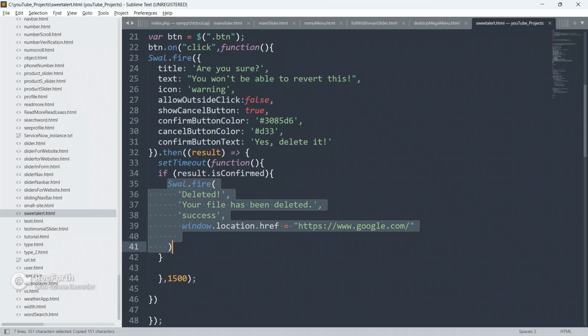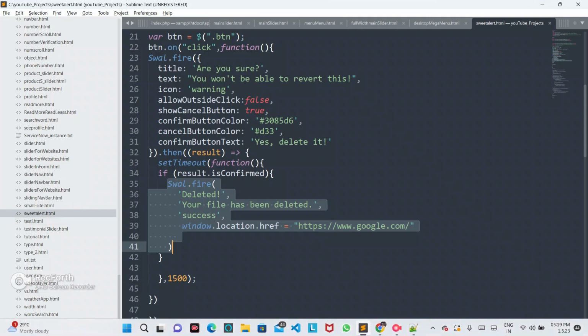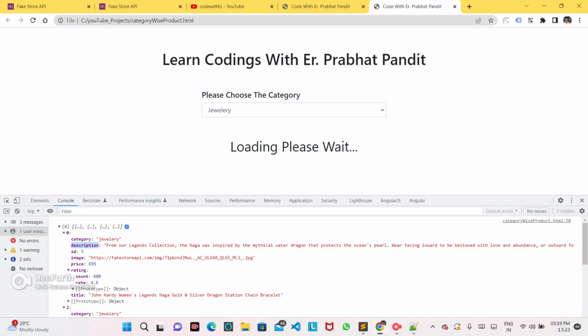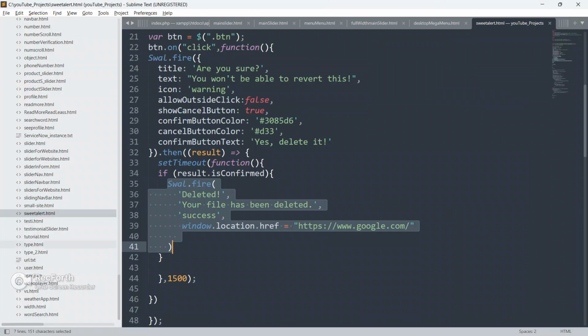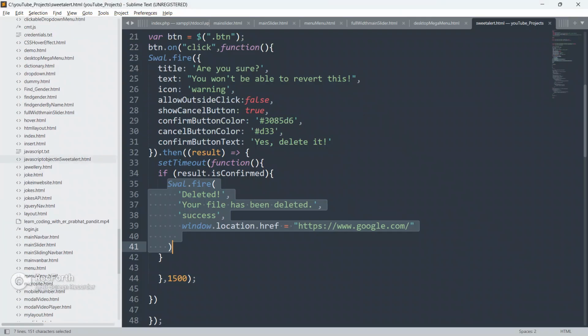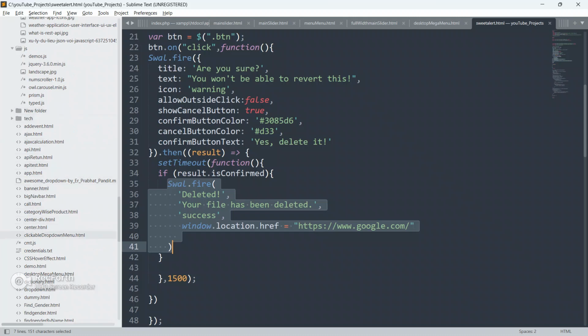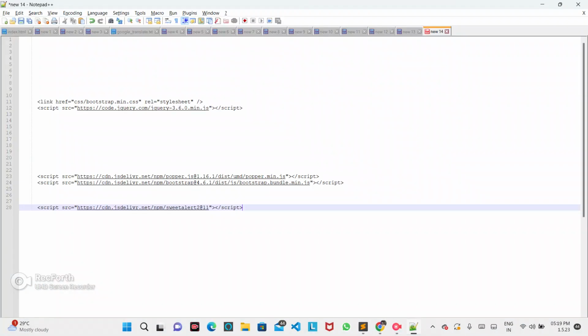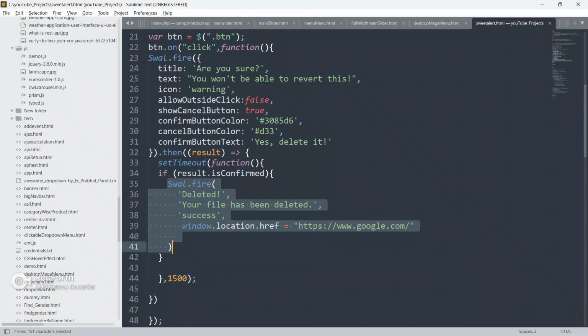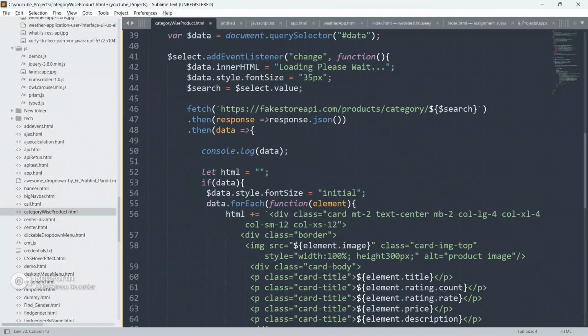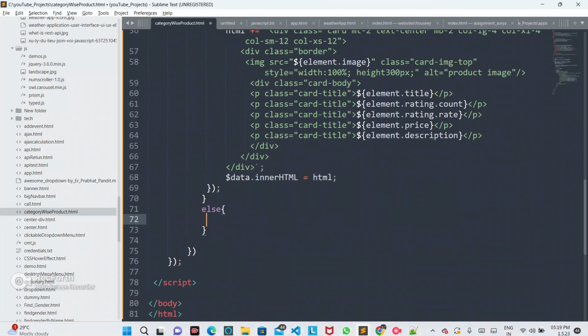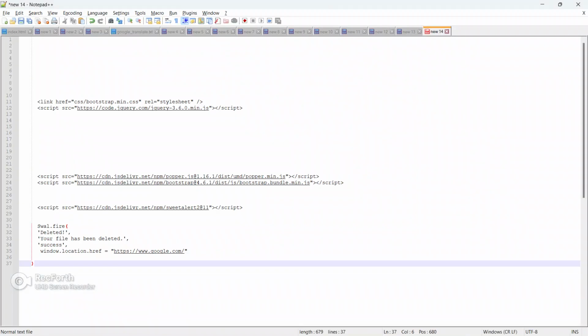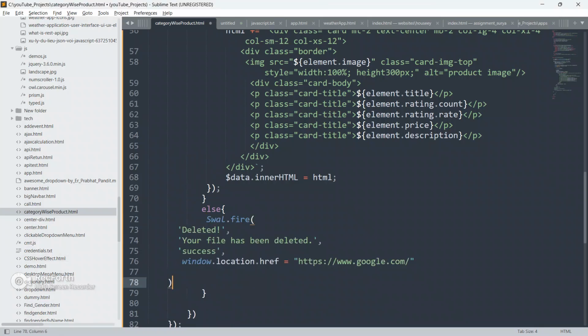Copy this Swal.fire also, and paste it here. Now go to our code, guys. Yeah, this is our code. In the else I'm going to use this Swal alert. This is a sweet alert, guys.